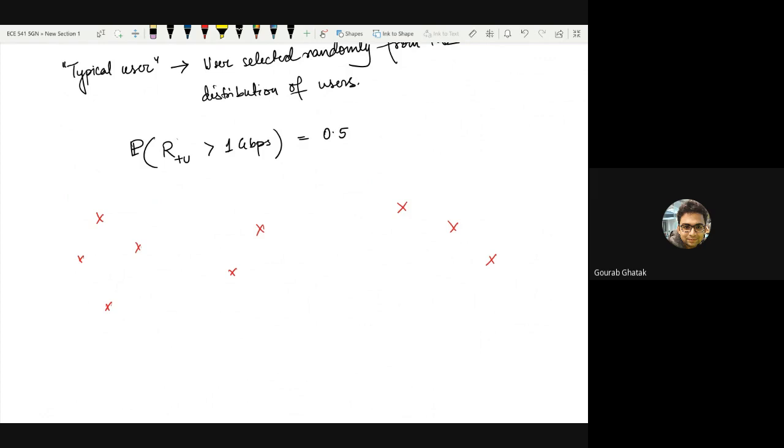Suppose you are one of such users. Of course, the identity of the user is not carried across all realizations. It's, let's say, an independent example of the process itself. But if we are considering one of these users and you go to one of these cities, which has a certain distribution of base stations given by these plus signs, and you go to the second city where you have these plus signs as the base stations, and you go to a third city which has these plus signs, right? So let's call you this blue